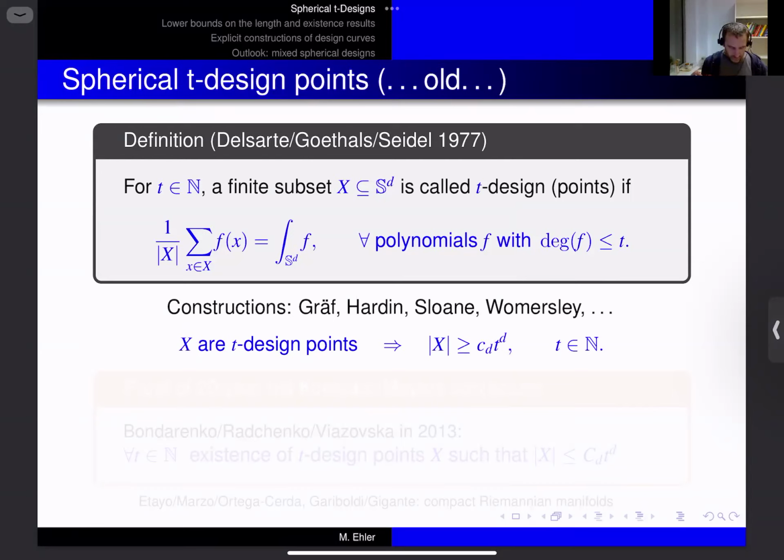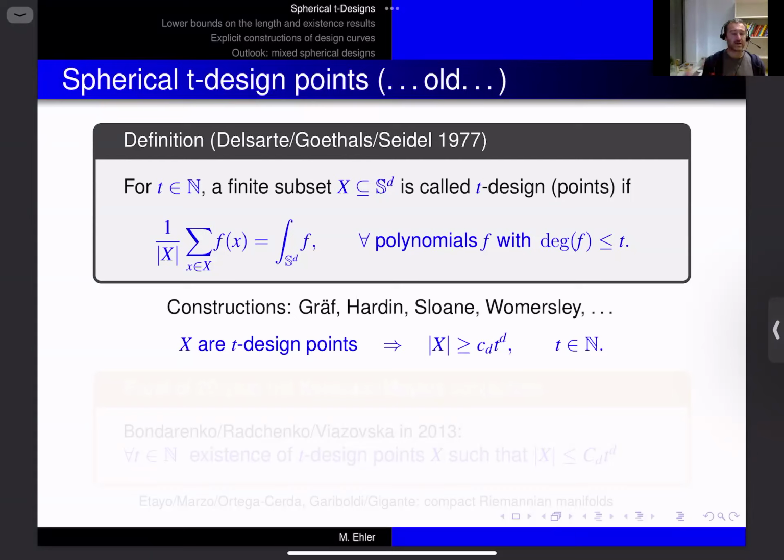So that an equal weight quadrature formula is exact for all polynomials f of total degree at most t. So in some sense, we can evaluate the integration of f over the entire sphere simply by a sum of point evaluations. And this has really opened up a large field